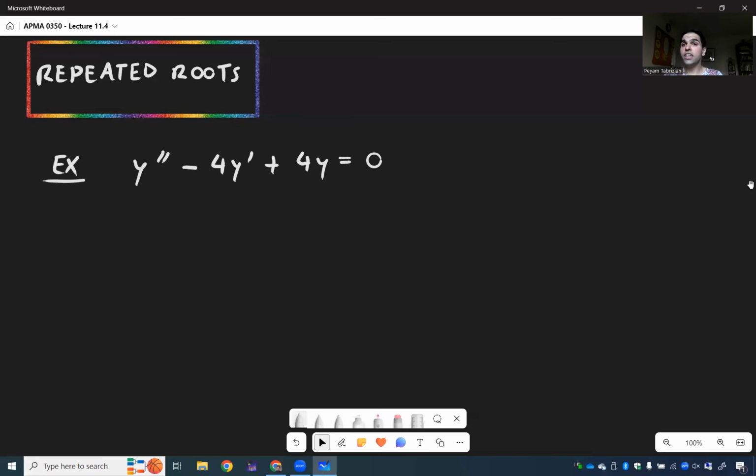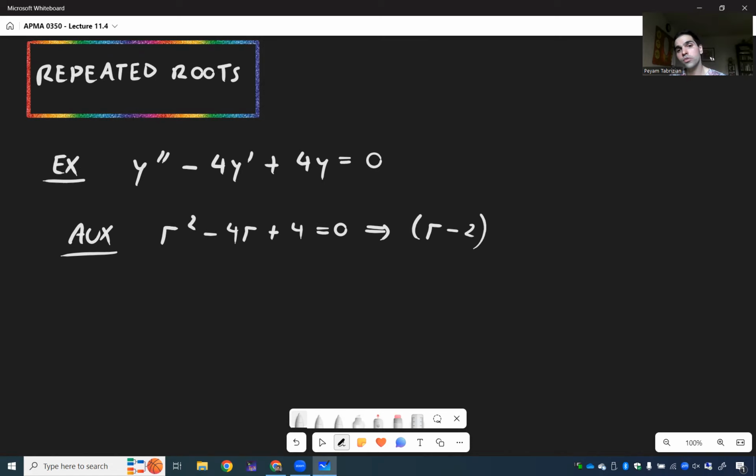What if our auxiliary equation only has one root? What do we do in that case? In order to do that, let's try to solve y double prime minus 4y prime plus 4y equals 0. In that case, the auxiliary equation is r squared minus 4r plus 4 equals 0, which factors out as r